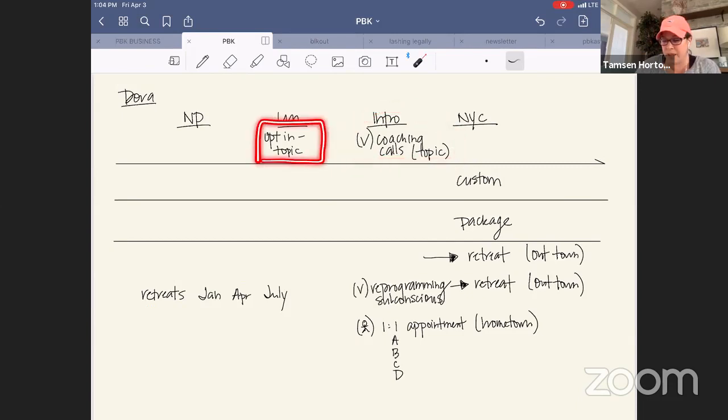Then the opt-in matches up with this, so that as I'm talking to people and have that front door, this is the topic, and it leads nicely, extension-wise, into the coaching call.